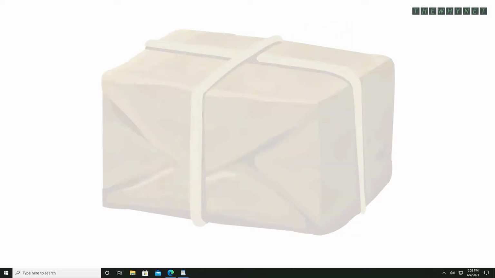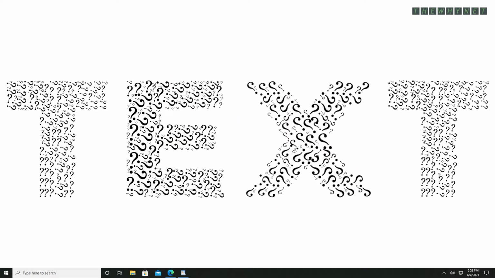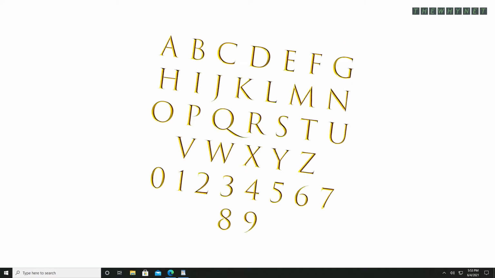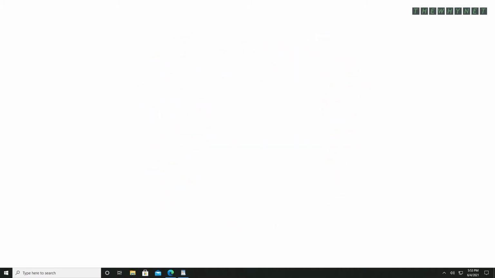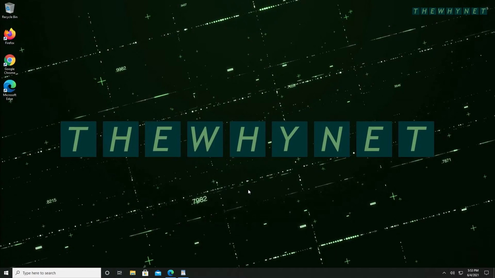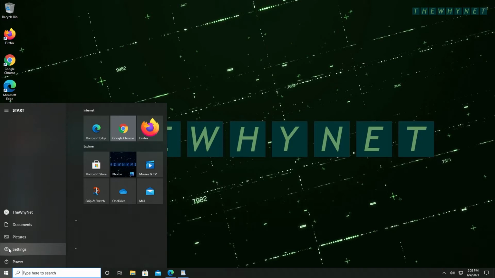Windows 10 comes with a pack of built-in fonts, but you can enhance your text by adding new fonts. Those fonts are usually free and available for download from various websites, and I want to show you how this can be easily done. To see the list of available fonts, click the Start menu, then click Settings,